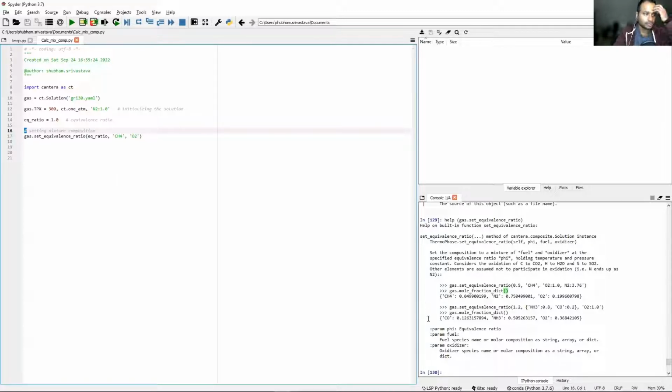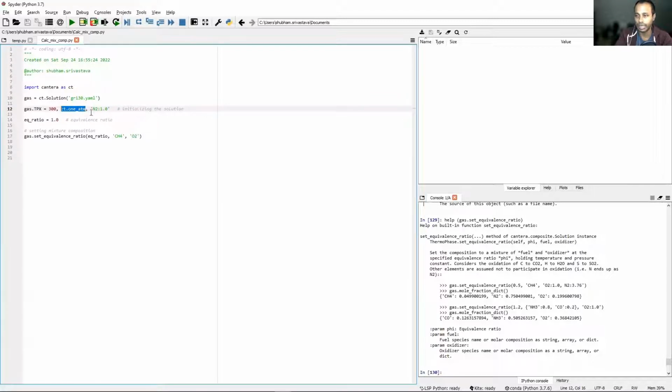All right, so let's do something. Let's form a mixture. Okay, so if we go line by line, this you obviously know. We're just importing Cantera. Here we've made an object called gas. Here we are assigning the state to this object, or to the phase, in terms of temperature, pressure, and mole fraction. So we say that this particular phase of gas has a temperature of 300, a pressure of 1 atmosphere,